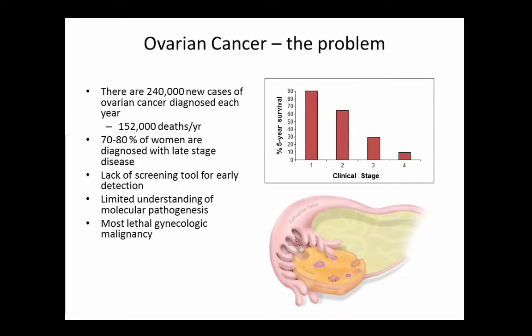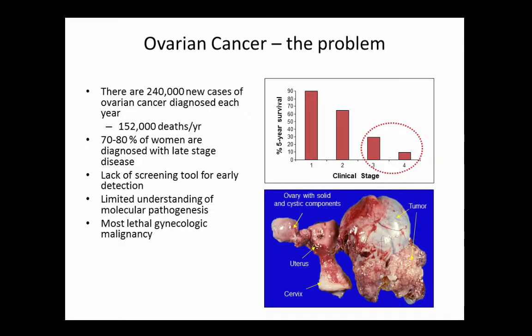So these are numbers, again, that you're very familiar with from the WHO. We know that there's about 250,000 new cases of ovarian cancer diagnosed worldwide every year. And unfortunately, the vast majority of these women succumb to their disease within a year or so. That's mostly because they get diagnosed at advanced stage 3 or 4, where the survival really hasn't changed or